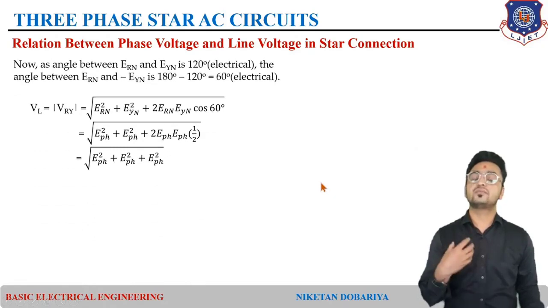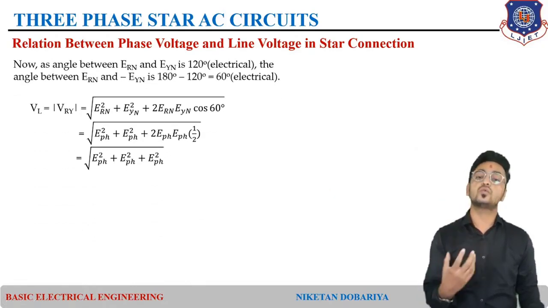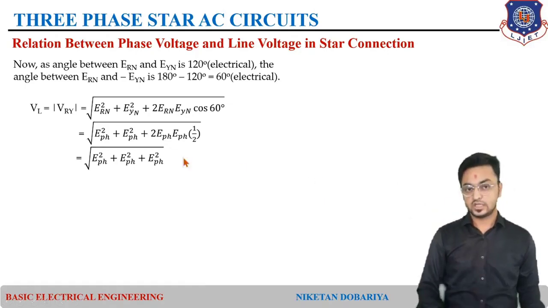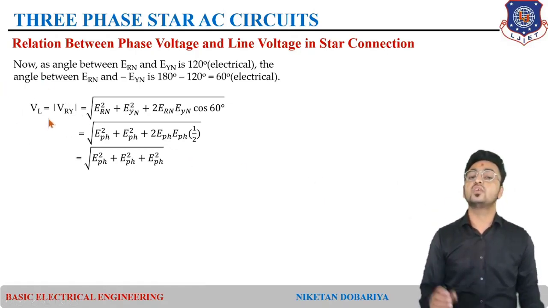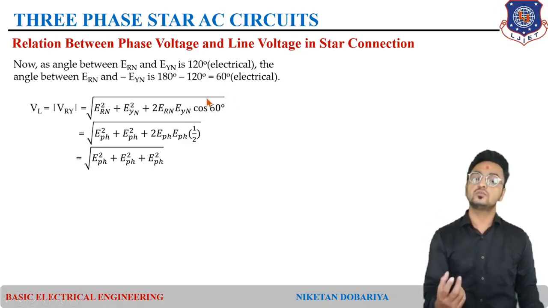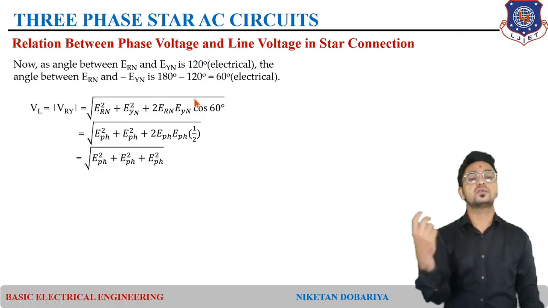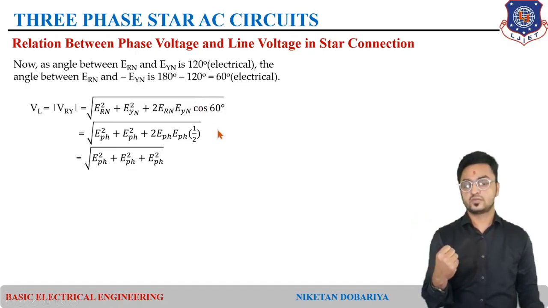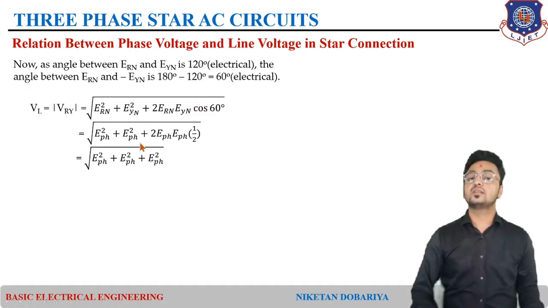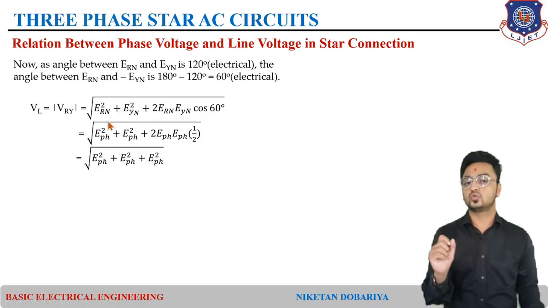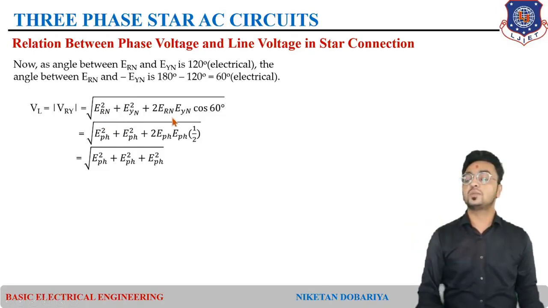But up to now we have only found the phase angle. We also want to find the magnitude of that resultant, that is the magnitude of VRY. For that we have an equation for two vectors having the same magnitude with an angle difference of alpha, which can be found by this given equation. As an example, if V1 and V2 are two vectors at 60 degrees or some alpha degrees, and you find the resultant of these two, that is V1 square plus V2 square plus 2 V1 V2 cos alpha.